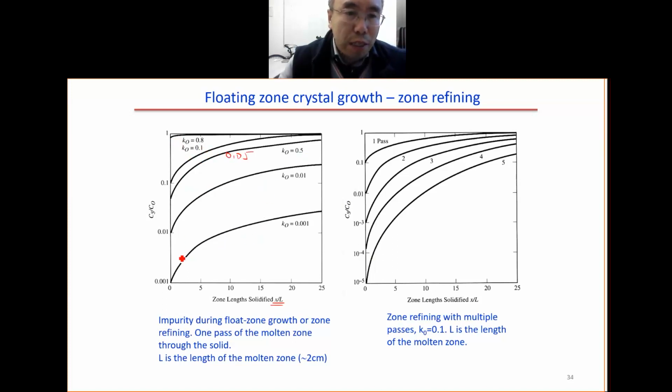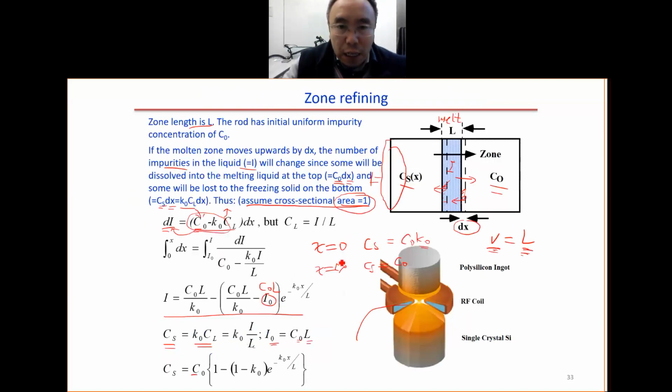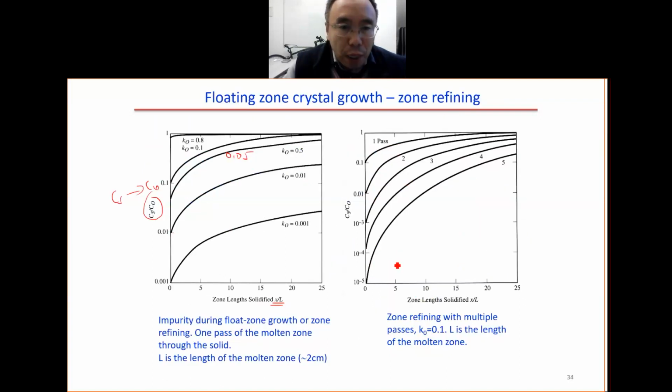Then we have this one, so this is x equal to small. When x is a very, very big value, then it approaches 1. So the ratio, the Cs approaches C0 at large values, as you can see here. So this is the impurity, the dopant concentration as a function of different